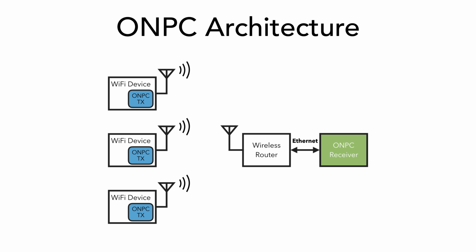So we don't expect ONPC to replace Wi-Fi. This is just to supplement Wi-Fi. So if Wi-Fi gets disconnected, we're still able to have some amount of communication at 1 bit per second. And then we have our wireless router, and then the ONPC receiver is connected to the wireless router through Ethernet. And it's the one that's decoding these noise measurements and determining if there's an ONPC transmitter out there or not. You could imagine that the wireless router and the ONPC receiver could be one entity, and they definitely could be.